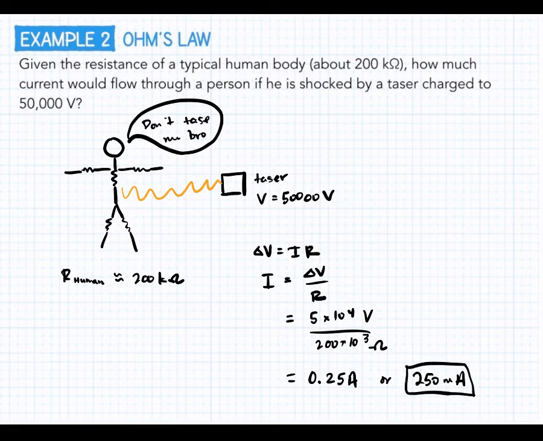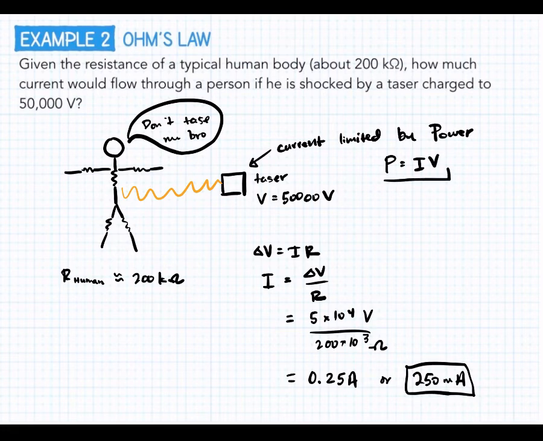And just for some reference, this could be deadly. I mean, if you get it in the right place and you have this current for a certain amount of time. But it turns out the current is actually limited by power. And power is equal to IV. Sometimes this is a function of time. We'll learn about this in a bit. But because of this, it won't actually kill you unless you have like some sort of pre-existing condition. And so even though we get 250 milliamps,